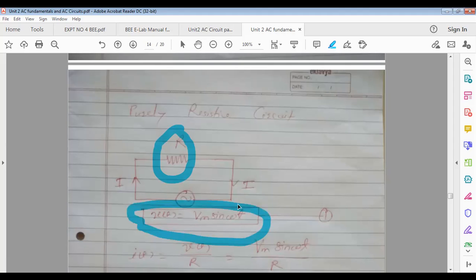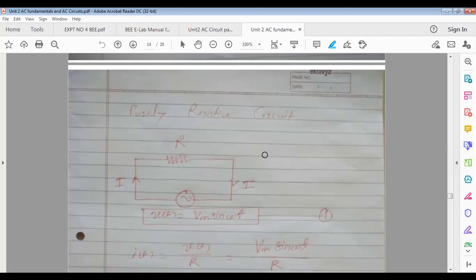What will be the phase difference between voltage and current? What will be the opposition to the flow of current? What will be the power consumption? What will be the instantaneous power equation? What will be the phasor diagram? And what will be the waveforms of voltage, current, and power? All these things we are going to see for all such types of circuits, and it comes under theory. Theory part, derivation. And once we finish with all this theory, we'll see numericals on each.